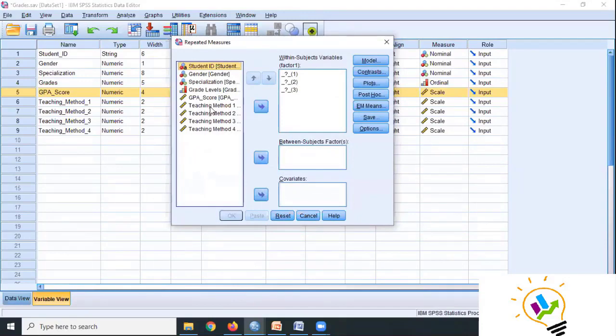We'll take teaching method 1, teaching method 2, and teaching method 3. 3 methods I want to compare. When you compare only two methods, we can use a paired t-test. But if we are using more than 2 methods, then we must go with repeated measure ANOVA. Click OK.